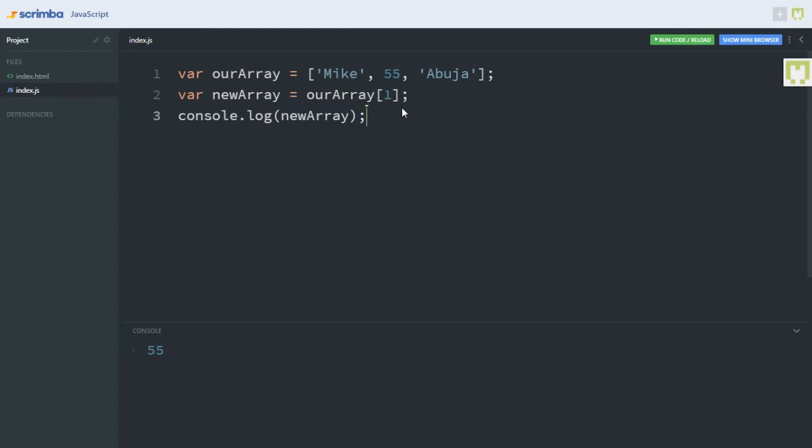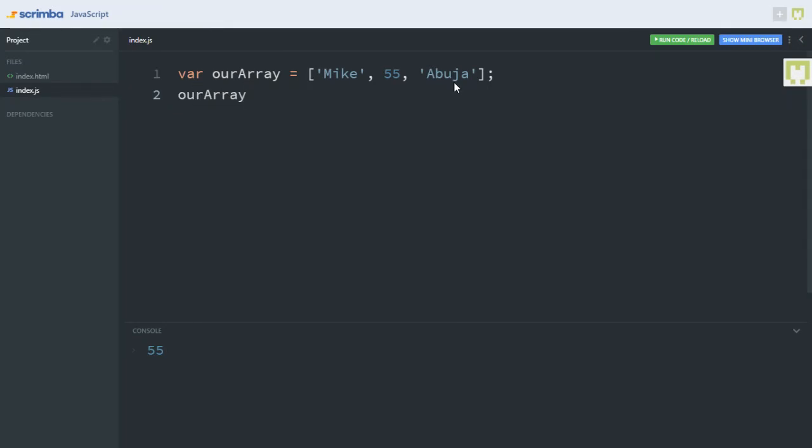Before we jump into the next video, let's talk about formatting arrays using bracket notations. If you can remember, we said strings are immutable, which means we cannot change single values in a string. But with arrays, we can change the value of an index in our list, like so. Let's say we have this here, and we want to change the value of the third index, which is Abuja, to Calabar. We will say